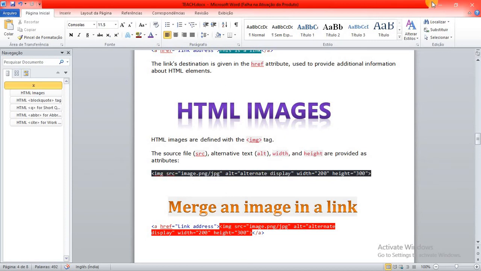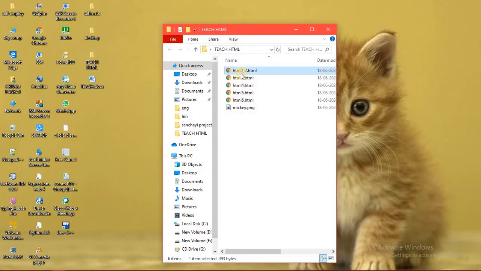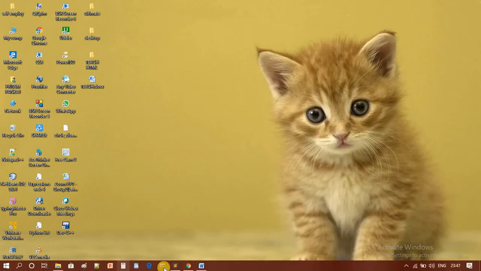So on running this, we also need to download an image, and since we have not given any path location, it means the image should be placed in the same place where our HTML is placed. So here is our HTML, here is our image. So what to do for the image? We can directly go